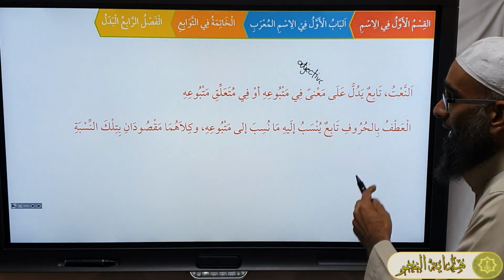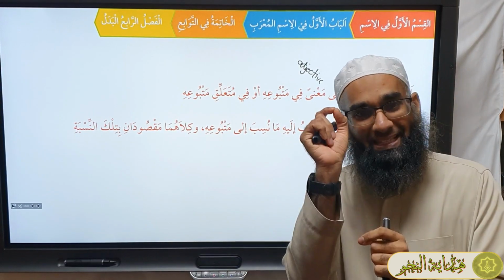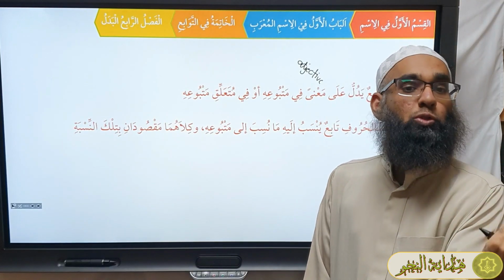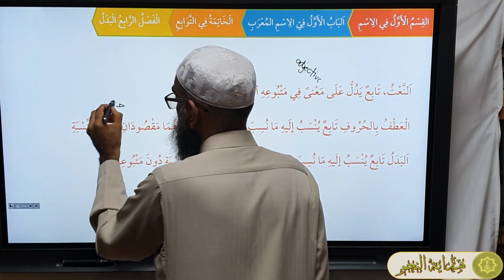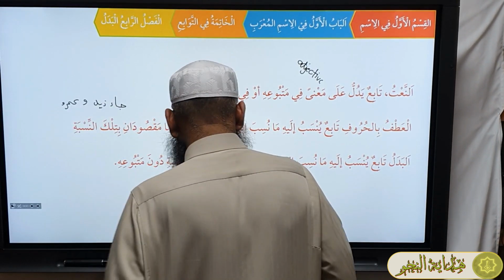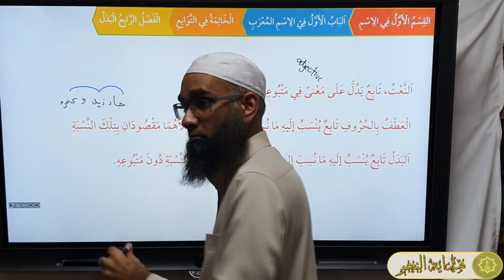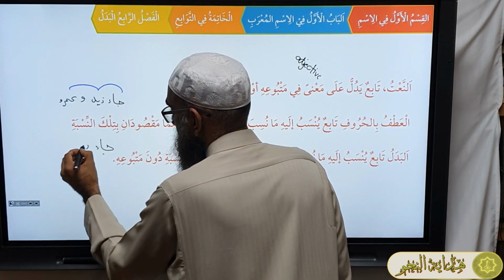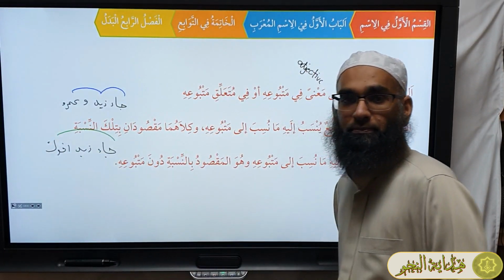Atf bil huruf. In atf bil huruf, both are maqsood. Ja'a Zaydun wa Amrun. You mean to say Zayd and Amr. You want to say both explicitly, as opposed to the badal, where only the second is the maqsood, really, the objective. Okay? So if you have Ja'a Zaydun wa Amrun, what is the purpose? Which one is the objective? Zayd or Amr? Both. You want to say both of them. When you have a badal, Ja'a Zaydun akhuka, the main purpose is to say Ja'a akhuka. So that is a maqsood.